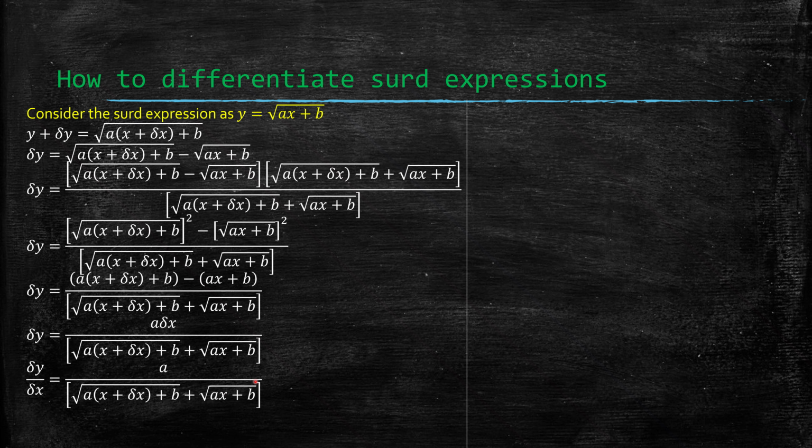Now when we further simplify by dividing by small change in y over small change in x, remember what I told you, you only tamper with the numerator. So this small change in x is going to go with the other small change in x, such that we remain with the a alone. When we take limits, that's where now we shall tamper with the denominator by just eliminating anything with small change in x. Small change in y over small change in x approximates to dy/dx, as small change in x approximates to 0. Now that's when we shall approximate this to 0, such that we remain with a into x plus